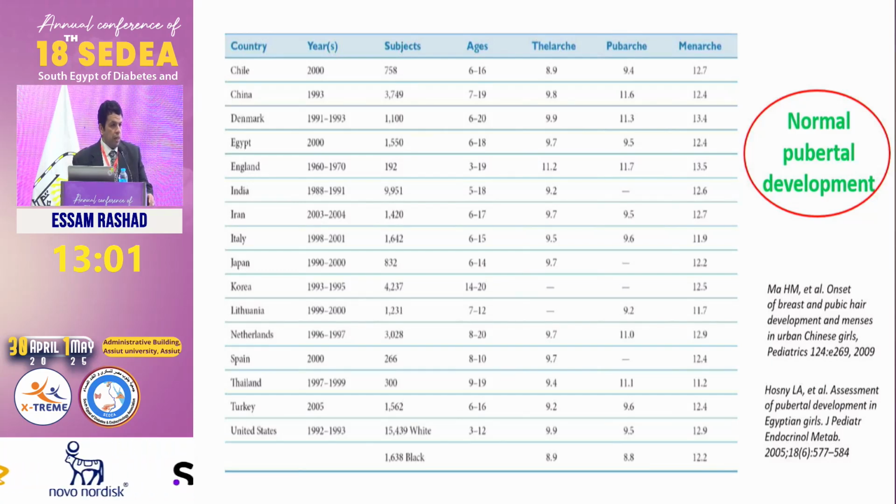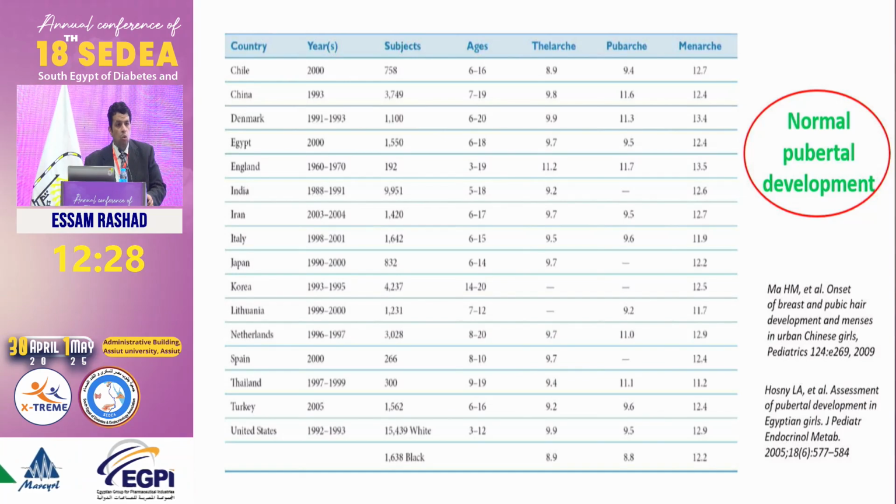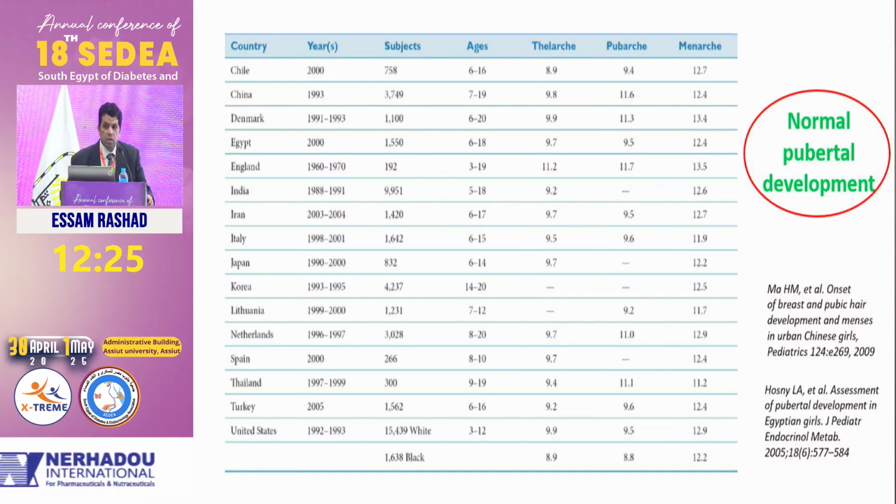I'd like to attract your attention: puberty is a complex event. It's not just menses. Menses is a late phenomenon in puberty. Puberty consists of thelarche, which is development of the breast, adrenarche, which is development of the pubic and axillary hairs, accelerated growth spurt, and finally the menses. Puberty takes around 4 to 5 years as a whole process, with those different components integrating with each other.